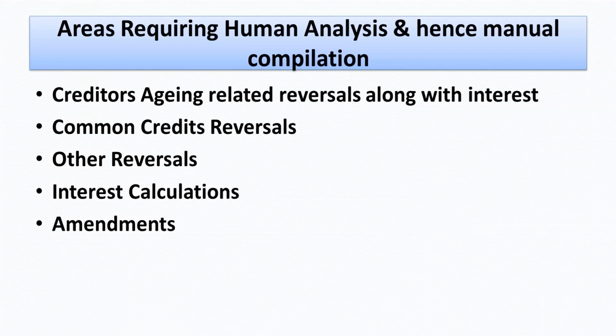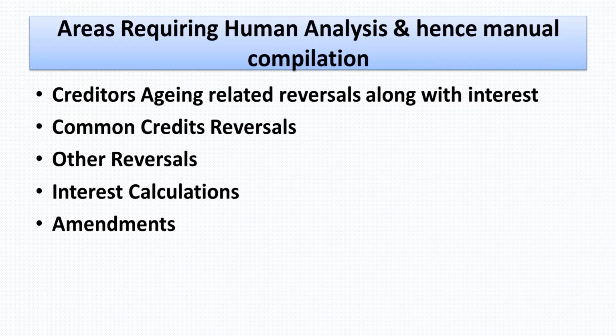Or we do not have the document, we just realize that although there is a credit and everything, we do not have a proper physical invoice through which we are eligible for it, so we want to reverse it. So in any other reasons for reversals, we have to manually keep track and do it. Again, interest calculations, if we are filing it late, or last month's invoice we are reporting it now, all these areas again require human intervention.